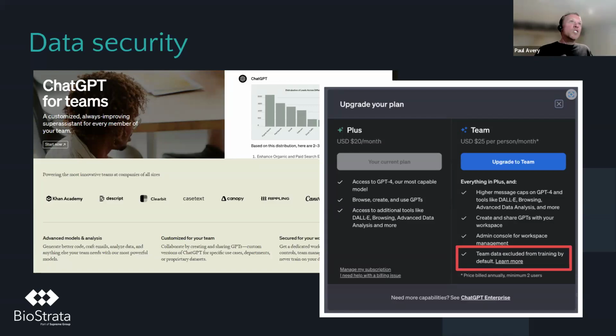I find, to a certain extent, some of this concern about sharing our information a little bit interesting, because we've been sharing all of our information with Microsoft on SharePoint and Google Drive and AWS forever, and we trusted them. We trust Salesforce with all our data. So to a certain extent, my recommendation would be, if you're paying, you can probably trust them to input more sensitive data. Obviously, if you have an upcoming launch that will make or break your company, if that data leaks, take appropriate care.